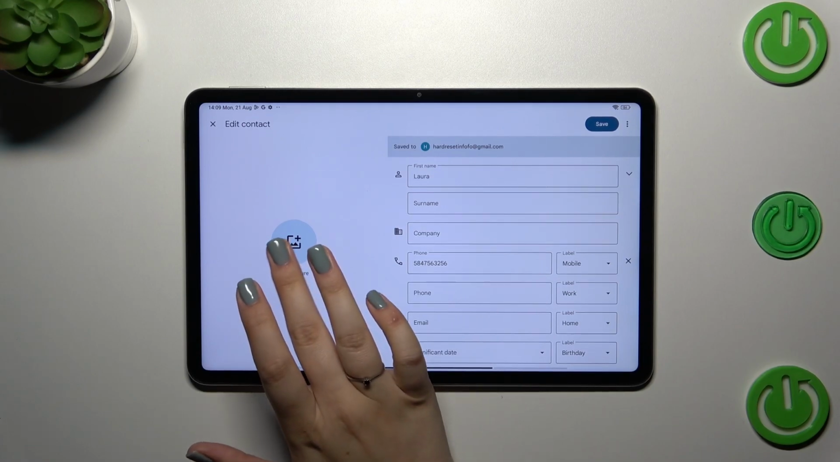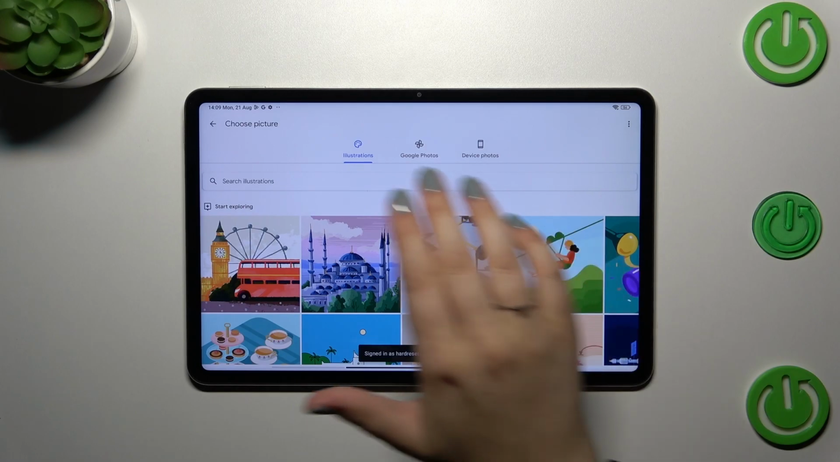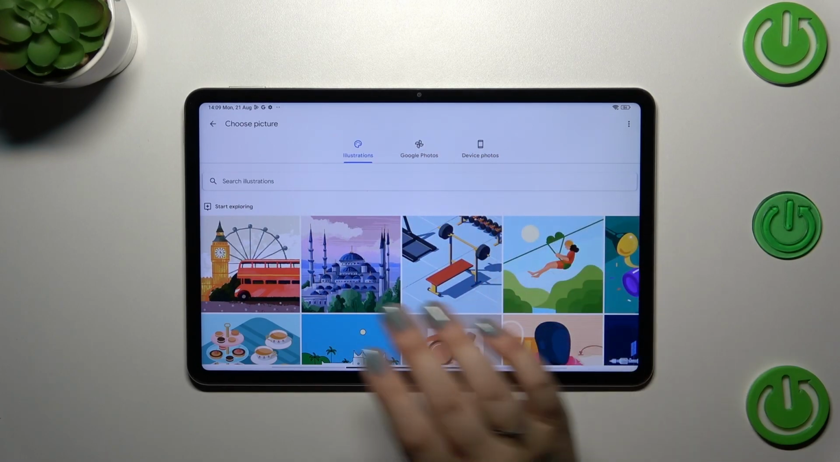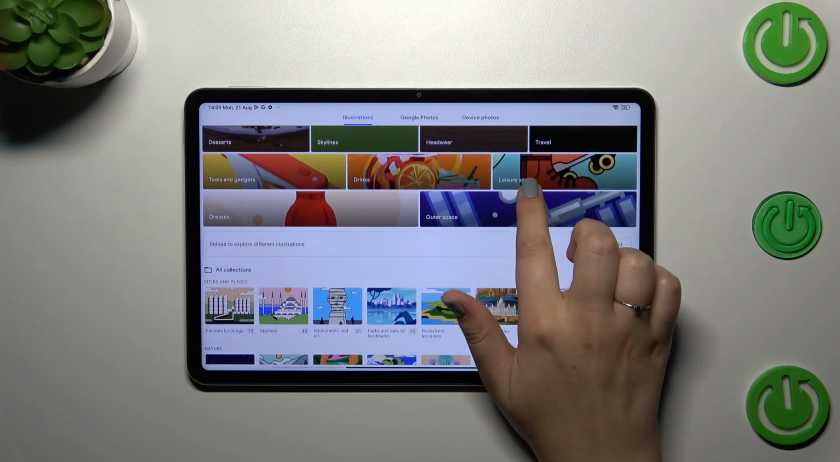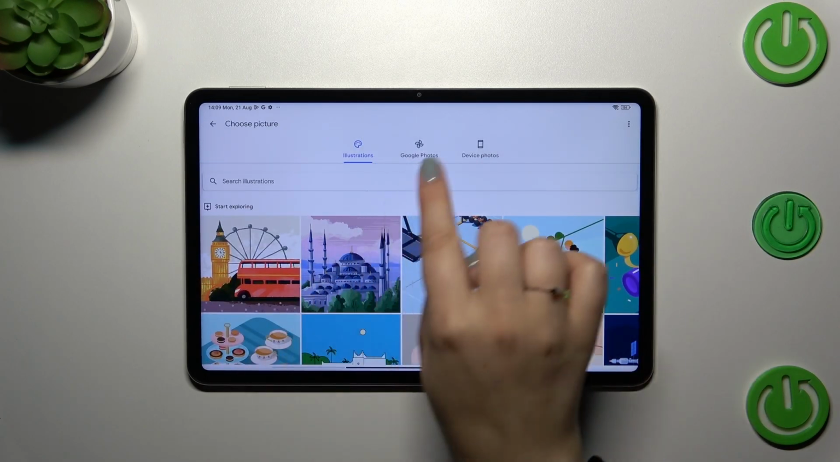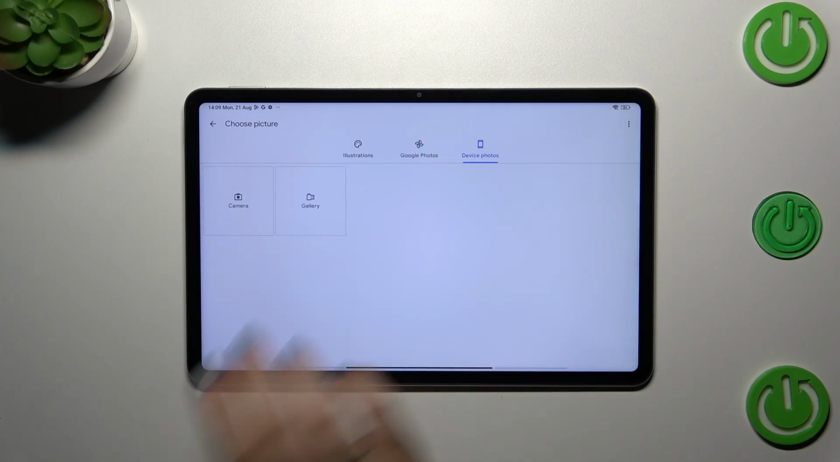All we have to do is to tap on the circle or add picture option, and we've been transferred to 3 different sections. So we've got the illustrations, which are kind of pre-installed, so you can pick something from those options. They're really pretty. You've got Google Photos, which is your gallery, and the device photos,